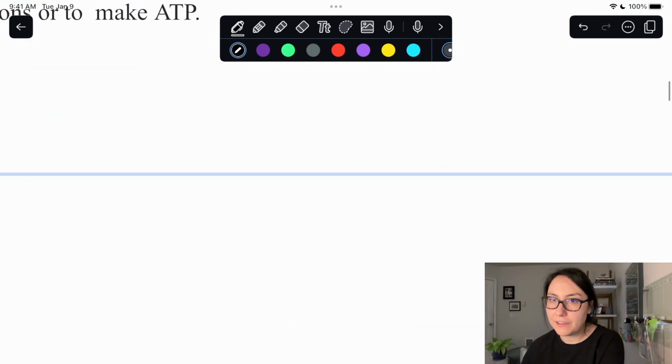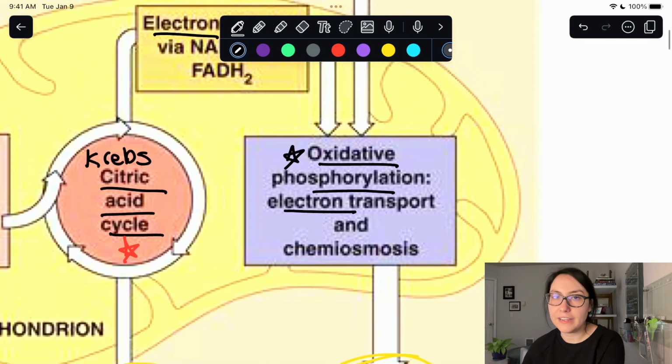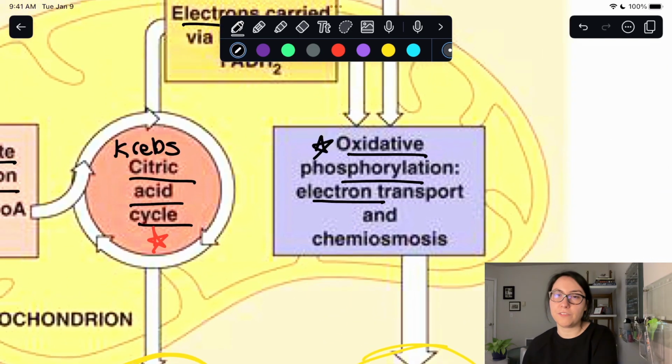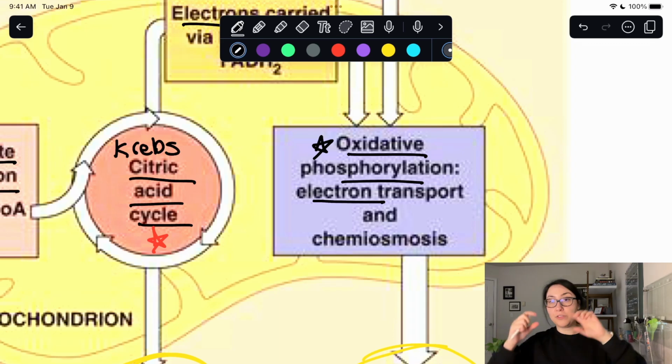And that area is right at the end of oxidative phosphorylation. So in oxidative phosphorylation, you have your electron transport chain, and when you look at it